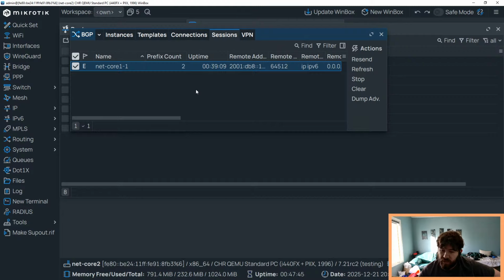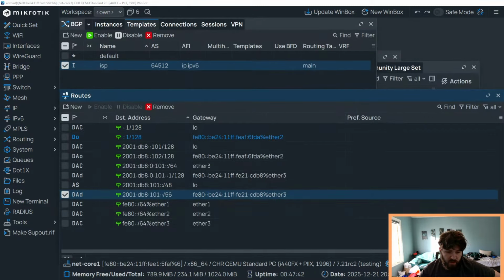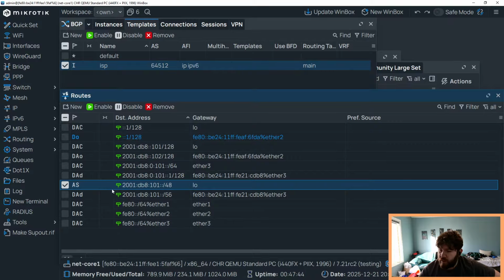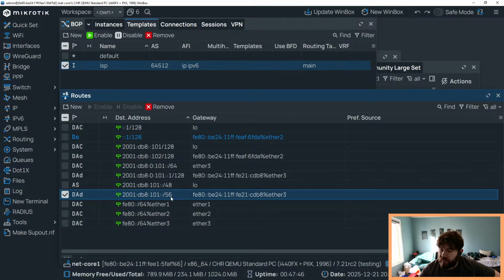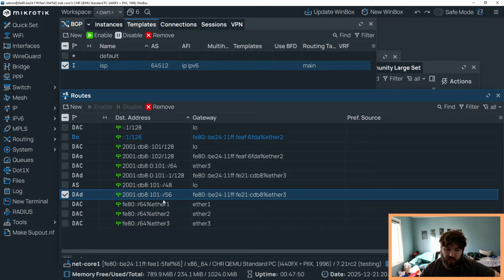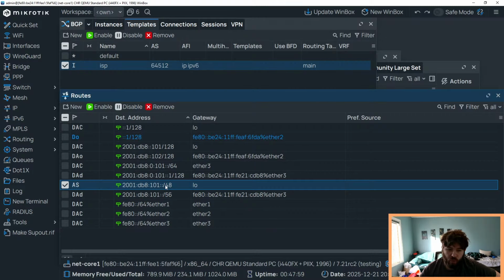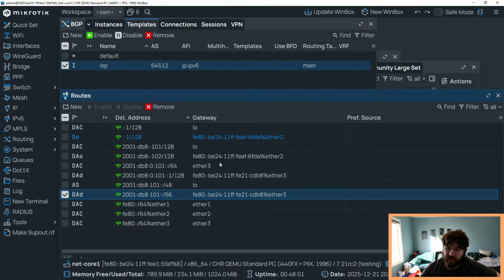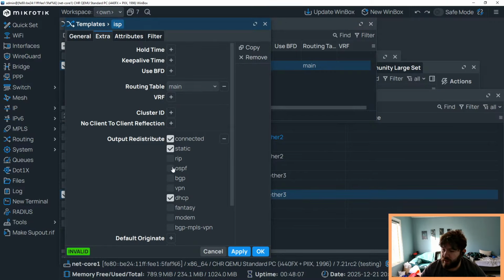The prefix ignore because of the static route advertisement. It should be more specific. So if we go back to router 1, this is a 48 and this is a 56. So this is my pool and this is the first prefix out of the pool. So this prefix got given out, but I want to advertise over BGP the whole pool instead of the individual 56s, so my iBGP doesn't get full of stuff. And you should be advertising